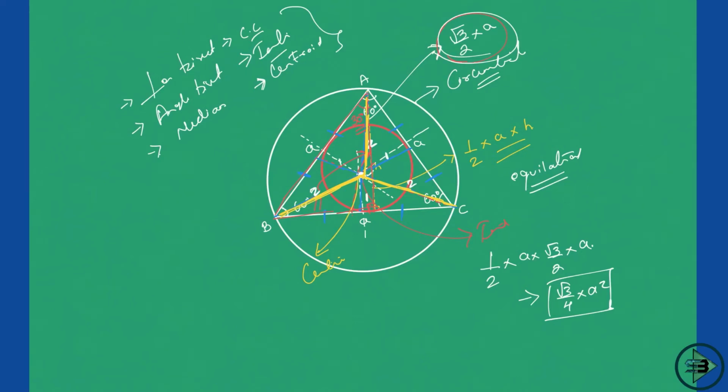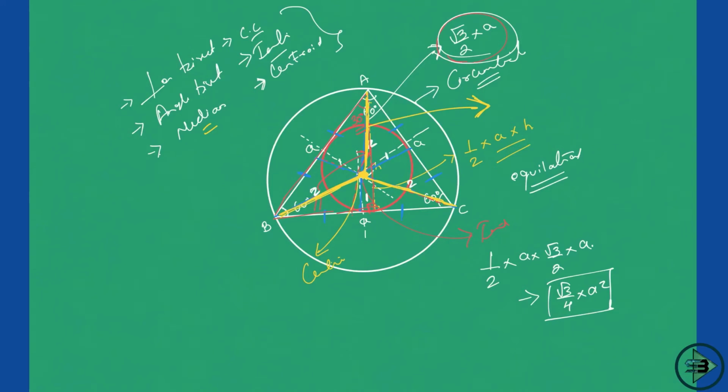But if this is an equilateral triangle, this is what then? This could be a median, yes. This could be an angle bisector, yes. This could be a perpendicular bisector, yes. This yellow is everything, because in an equilateral triangle, all the centers are one and the same. So I can call this yellow line a perpendicular bisector. I can call it an angle bisector. I can call it a median. What else is left now? There is again a perpendicular, which is not required, right? So